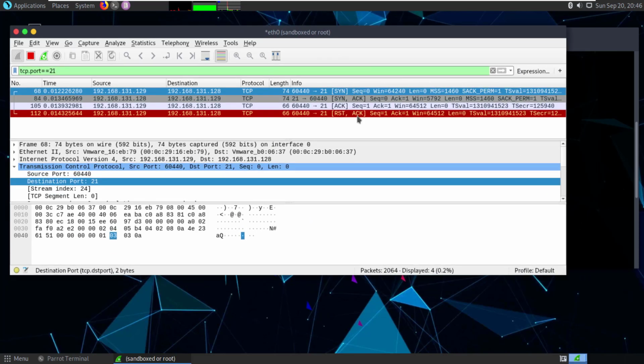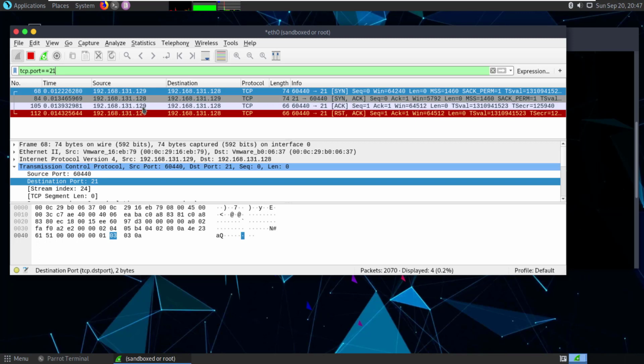Even you can notice here now. Can you see this SYN? I told you about the three-way handshake. Remember that in the previous lecture, previous video, we have discussed this. If you are jumping into this video directly, then please refer to the previous video. This is SYN, synchronization, meaning the source is sending SYN to the destination saying I want to connect with you. Then the destination is acknowledging to the source that okay, I want to connect with you too, and here is the acknowledgement. So SYN plus ACK attached.